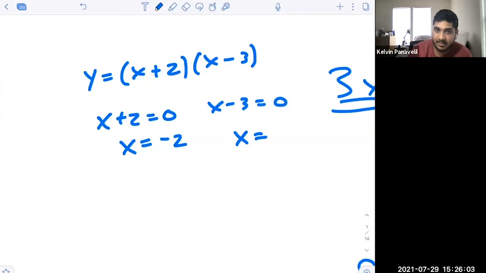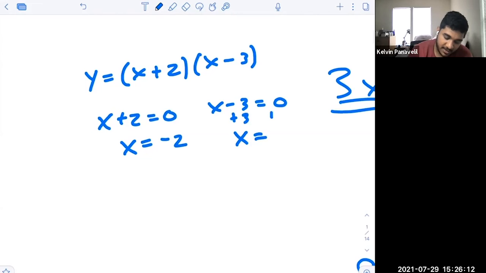This is a random example, by the way. Put it in the chat. If you solve for x in that second example, you're going to get what? You add 3 to both sides. X equals 3. So the main concept you want to understand is that the factors and the solutions are